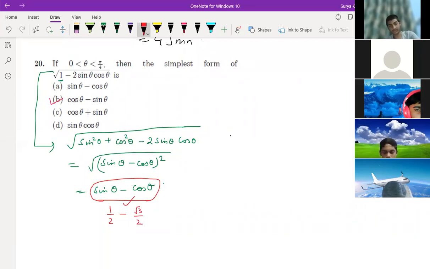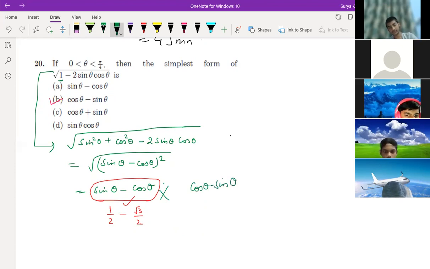Sir, root 3 by 2 is greater, sir. Root 3 by 2 is greater. This is smaller, no? See, 1 point something we will get. 1.732 is there, and the root 2 is this, no? The base is same, so greater is this much. Yeah. So root 3 is greater. So we should take this here. We cannot take this then, right? We have to take cos theta minus sin theta.